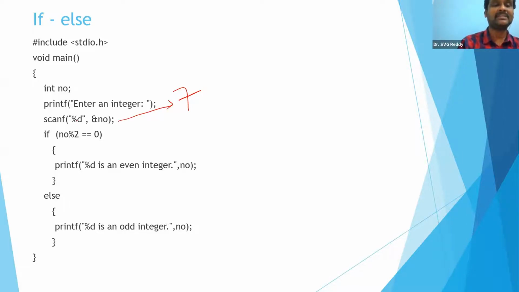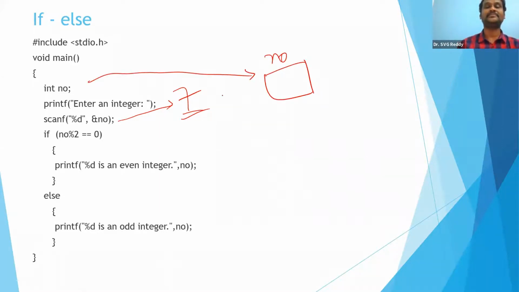The percentage d in scanf means it should be an integer number. It will read the value, whatever you enter from the keyboard, dynamically. So the 7 is given to ampersand of number. Ampersand means address of. So number is created first of all with this line at some address, 343,